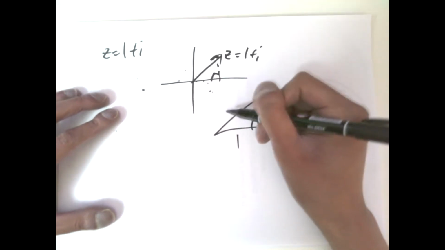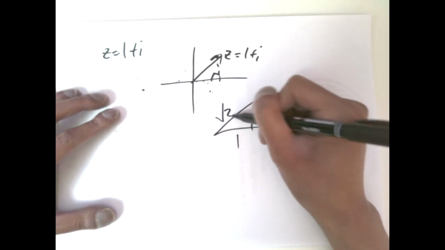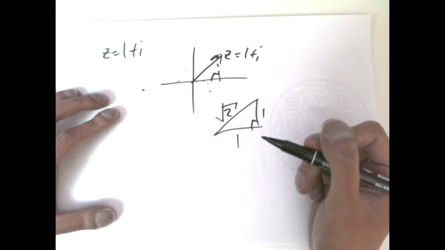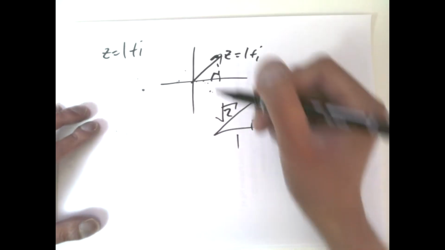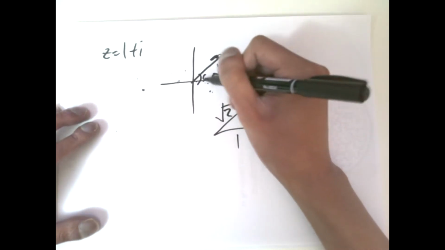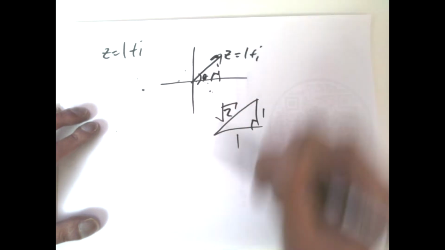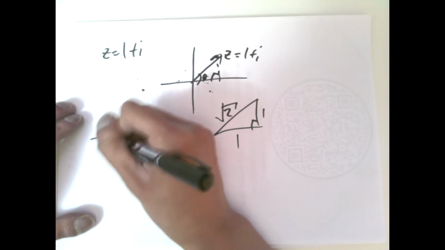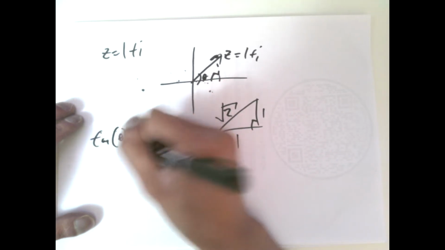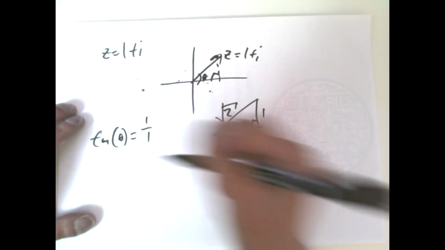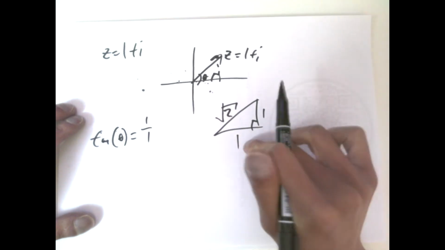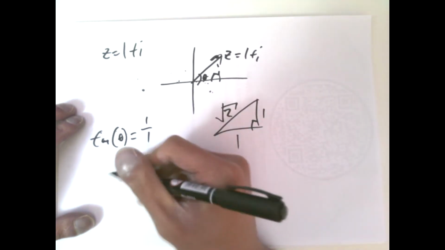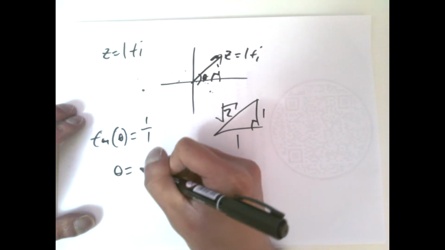So the hypotenuse is going to be root 2 by Pythagoras' theorem. Not only that, but we need an angle here. This angle theta satisfies tan theta equals 1 on 1, opposite over adjacent. So that angle in radians is going to be